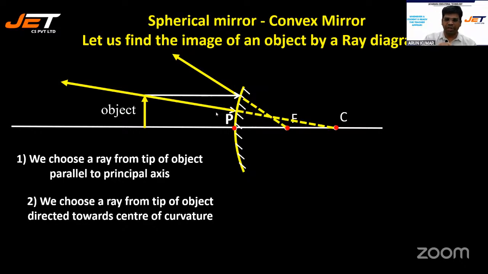This yellow ray appears to come from center of curvature because it is hitting the mirror normally, perpendicularly, it will rebound perpendicularly. So ray hitting the mirror directed towards center of curvature will retrace its path. Retrace its path means ray reversal happens. I hope this is fine, Rekha. Now intersection of these two extended rays